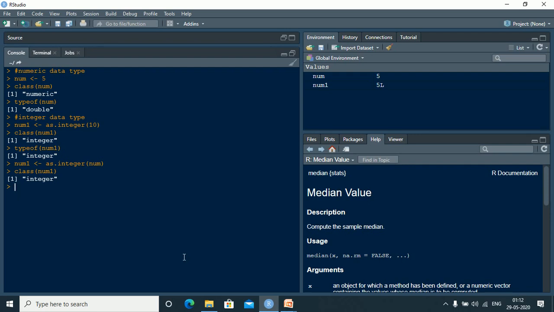In this case, a lot of times for an integer we also use a capital L to show that it is integer type data. So in this case I can say num2.